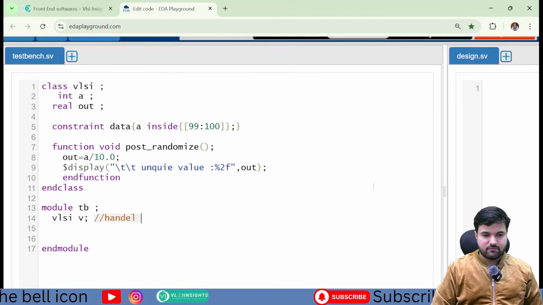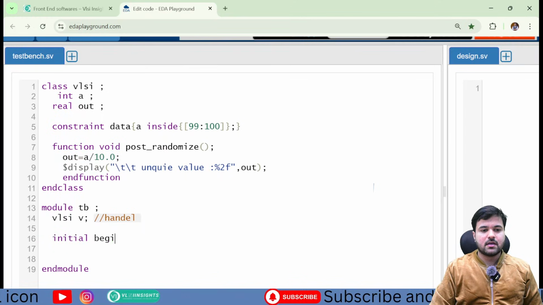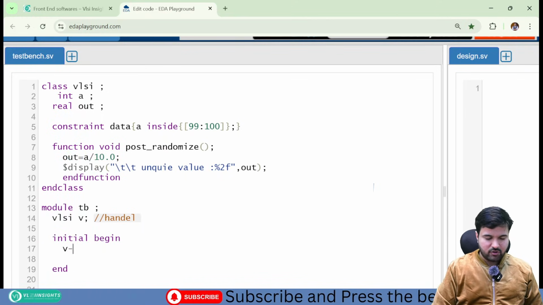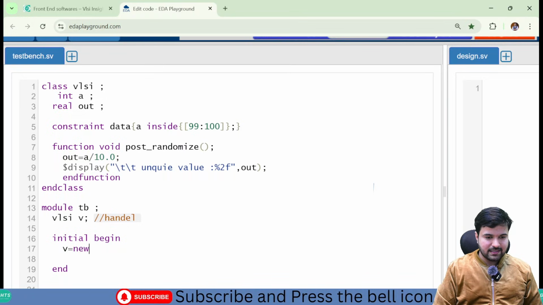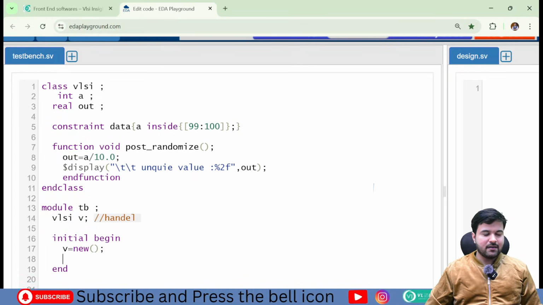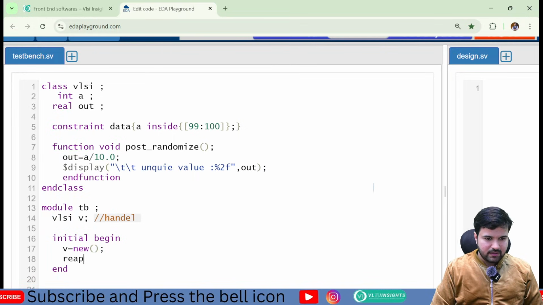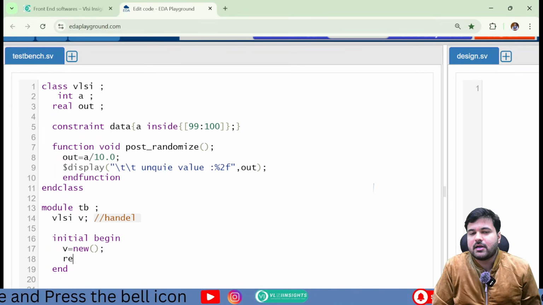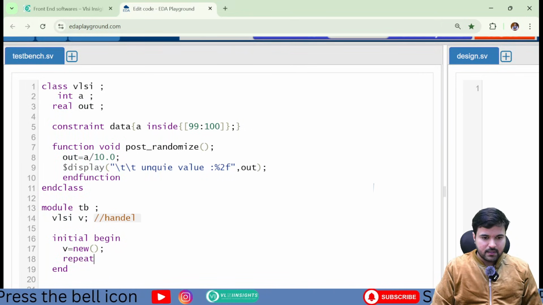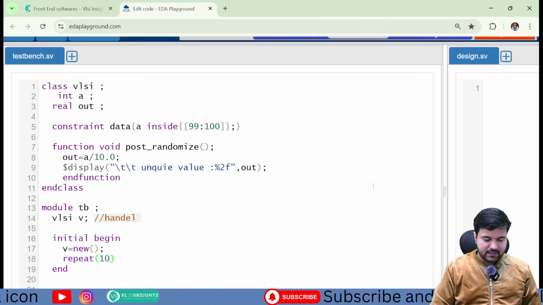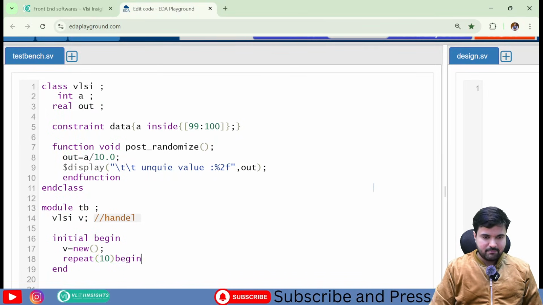I'm just writing it for your convenience, and this is an initial block and begin, and inside begin, first of all we have to create the memory so that our value is accessible. After that, either we can use a for loop or a repeat loop. I'm using a repeat loop as of now.